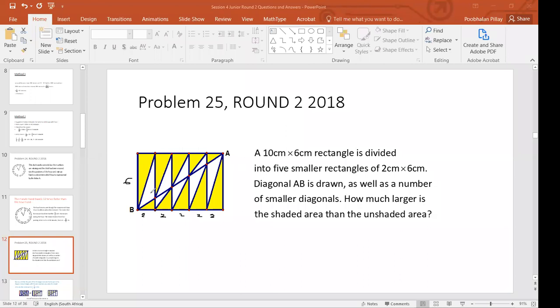The diagonal AB is joined. So we can calculate the length of the diagonal because you've got a Pythagoras, AB, you know this and you know that, 6, 10. So you can calculate the length of the diagonal, but I'm not sure whether that is required. As well as a number of smaller diagonals. Now let's see. Oh, no, these are not really diagonals. Oh, here you are. Okay, these are diagonals. So this is the diagonal of a smaller rectangle. Let's complete that. They say that these are diagonals, so let's just complete the